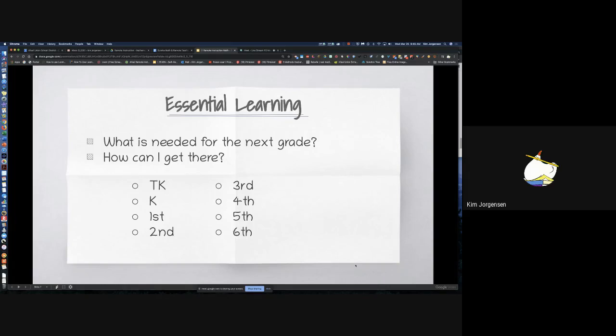Second grade needs to be solid on their facts to 20, whatever strategy they use. That doesn't mean necessarily memorized. They need to really understand place value, and they need to be able to add and subtract 2-digit numbers with recomposing, because they're not going to get any new learning on that in third grade. Third grade's heading right into multiplication and fractions. So that's why they need to have all that stuff from second grade going in.